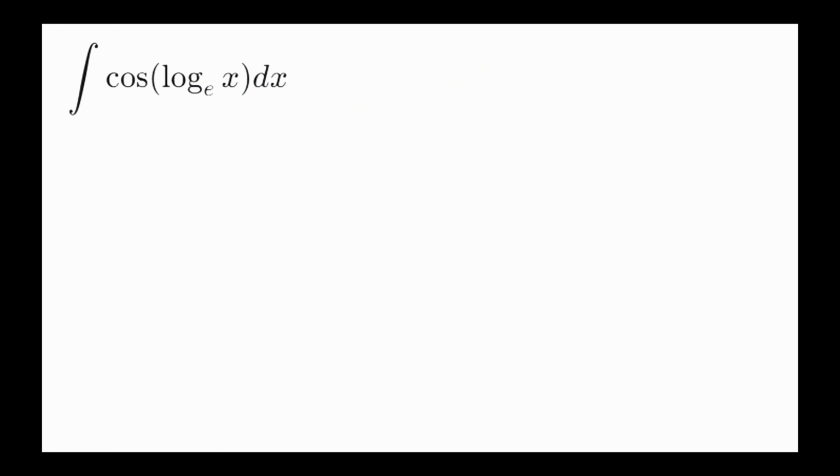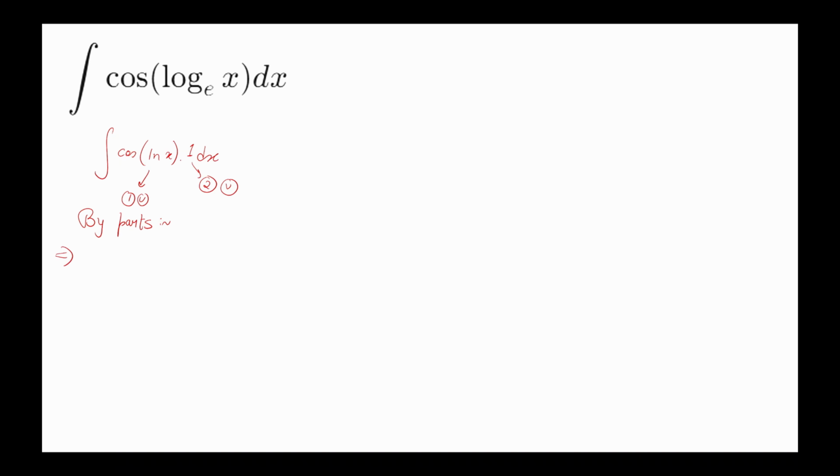Here we have integration of cos ln x. We know that we cannot integrate it directly, right? So I'm going to use the by parts integration. Here I can assume that this is multiplied with a 1 as well. I'm assuming that this 1 is my constant. So this would become my first function and this would become my second function. Or I can call my first function u and my second function v. Now if I apply my by parts integration,